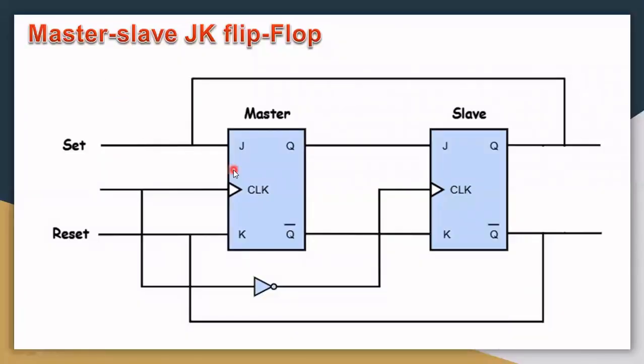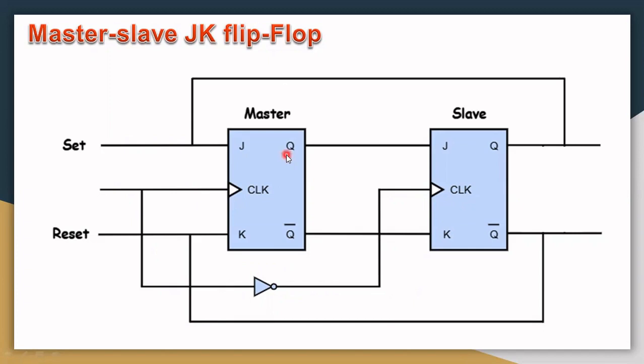This is the logic diagram of master slave JK flip-flop, in which we are using two JK flip-flops. The major difference between these two flip-flops is that the first one is using a positive trigger clock pulse and the second one is using a negative trigger clock pulse. Therefore, we are connecting a NOT gate in between the clock pulses of the first and second JK flip-flops,